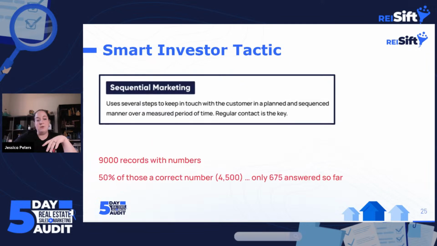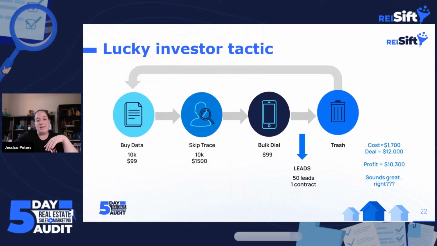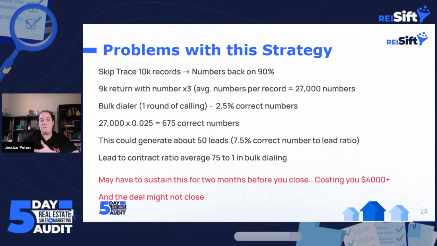Lastly, is this scalable? So real quick, I'm going to go back here. If this takes us a month to run through here and we're buying 10,000 more records, let's just say that we're in a market with 100,000 properties. How many months can I sustain buying 10,000 records, running through them, buying 10,000 more records? Is it really sustainable in that way? And we have to kind of take that into account. Is it the smartest way? When I'm trashing that data, is there more that I could have done with it, right?